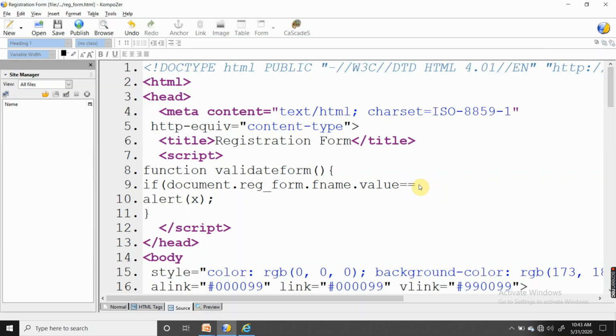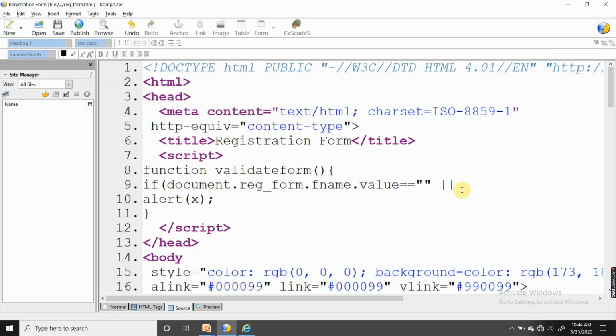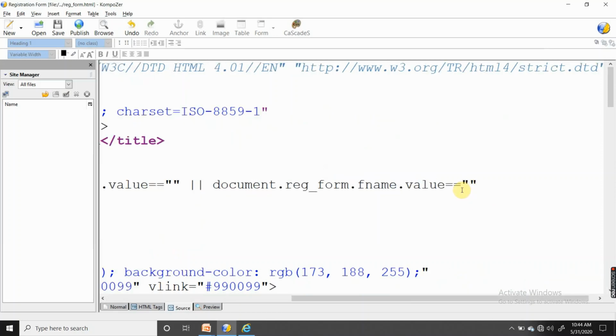So this is the comparison operator, and I am writing empty, which means no space also. In JavaScript we have to write like this. It can be missing too, so I will copy this. Missing means null.